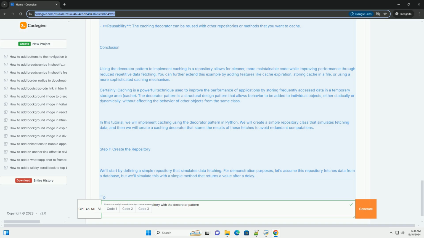Step 2, create the caching decorator. Next, we create a caching decorator. This decorator will wrap around our data repository and store the results of the method calls in a dictionary, cache, so that subsequent calls with the same key can return the cached value immediately. Python. class CachingDecorator: def __init__(self, repository): self.repository = repository; self.cache = {}